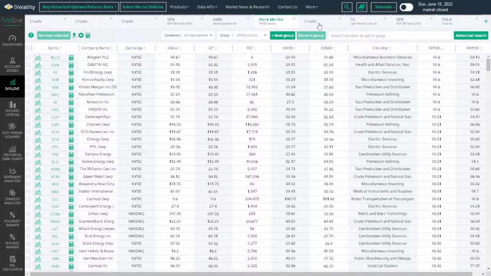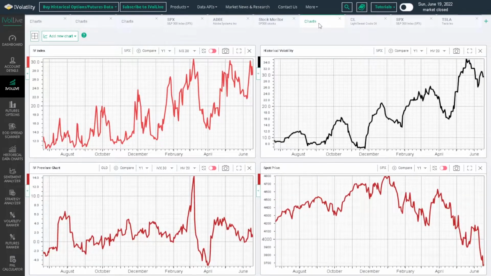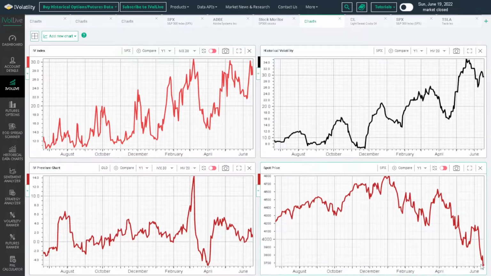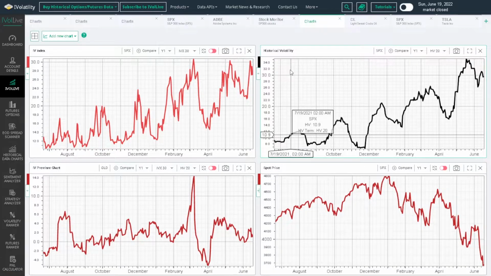There is a third page where you can download, which is within Chart. So if you are a subscriber to Charts, you can click this little button here, and that will download a screenshot of this particular chart. So that's going to be very useful. You can click this button, you get a JPEG that will be downloaded onto your machine, and you can store,